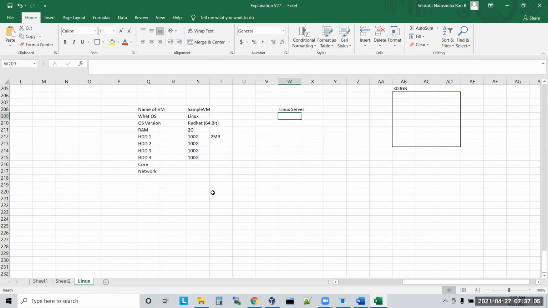Now you will have multiple hard disks in each and every server, so to give you a real-time picture, I'm adding multiple hard disks. I'm adding 4 hard disks. Like this, I can add the remaining 22 hard disks also to this VM, but I'm adding only 4 hard disks actually. So four hard disks in one machine.